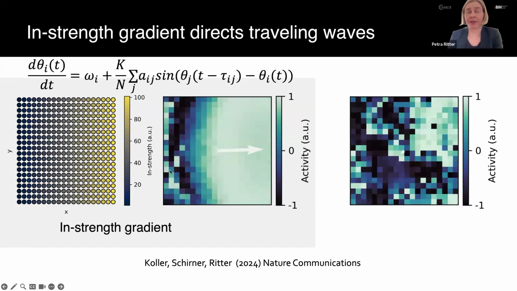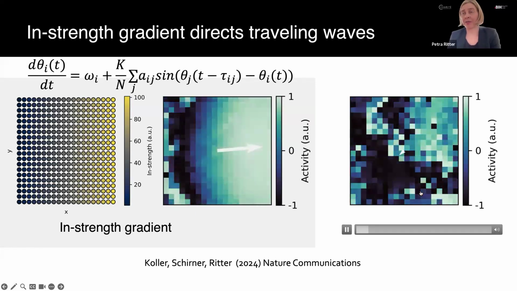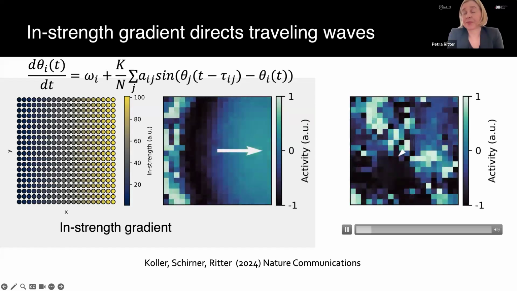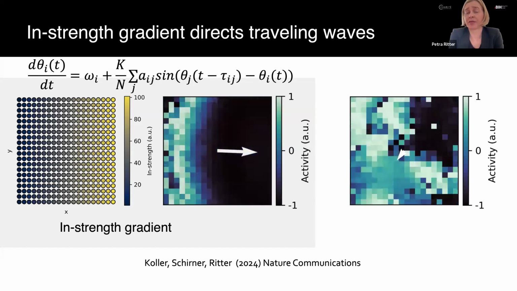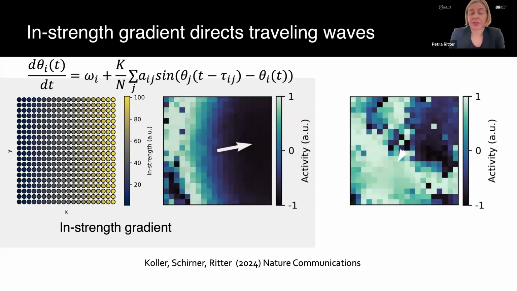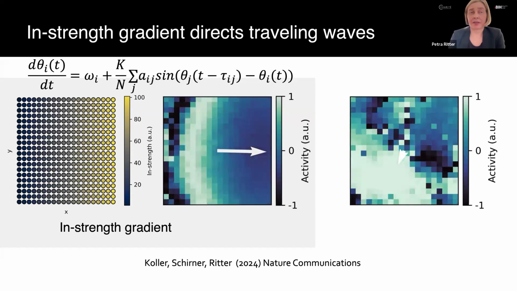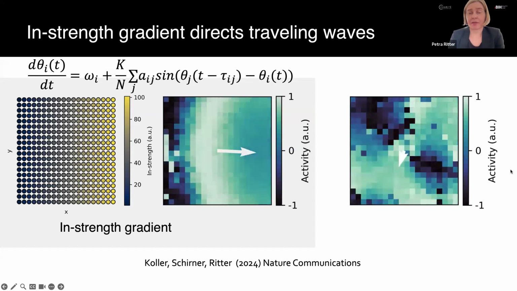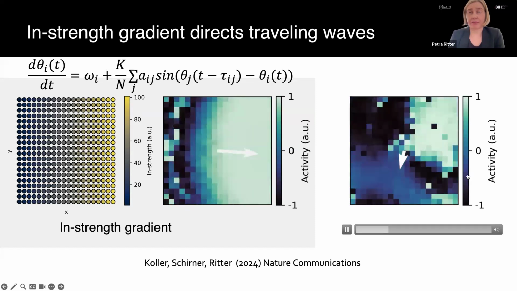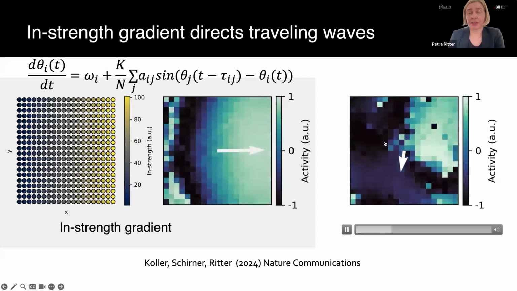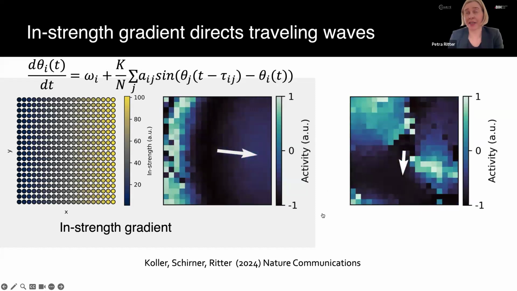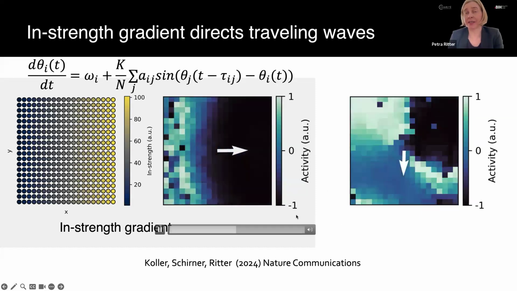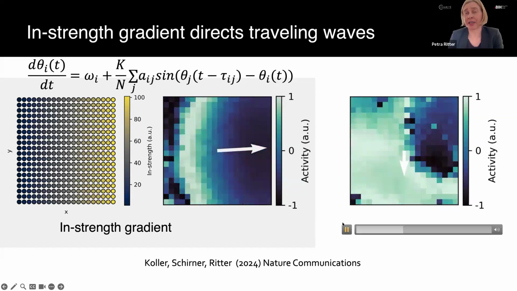They are not going from left to right, but are more heterogeneously distributed, going in many different directions. So this was confirming the hypothesis that the in-strengths or node strengths in the connectome in the brain could direct the traveling waves that we can observe